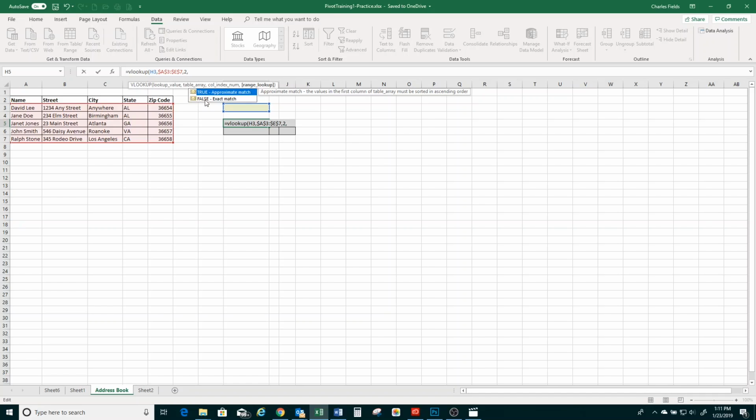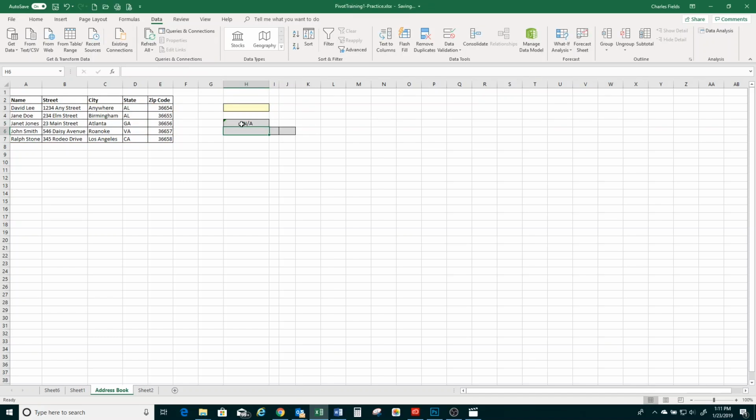You could do true, which is an approximate match, but you could potentially run the risk of getting extra data in there that you don't want, especially in the example that we're doing right now. So I'm going to double click false. You could have just as easily typed in the word false, but my mouse is right there. So I'm going to hit enter,